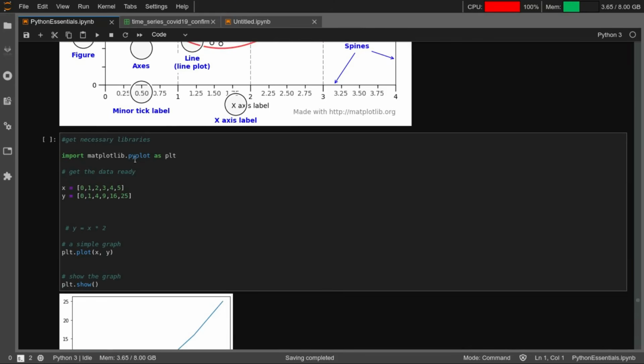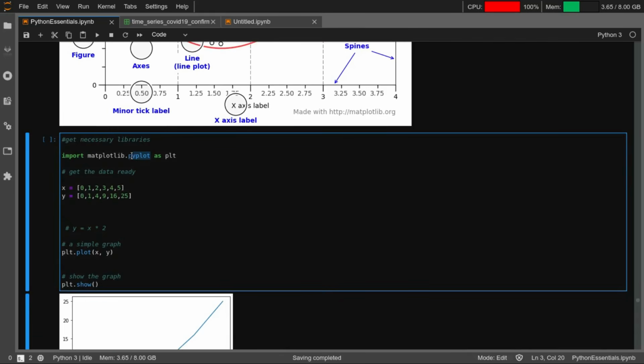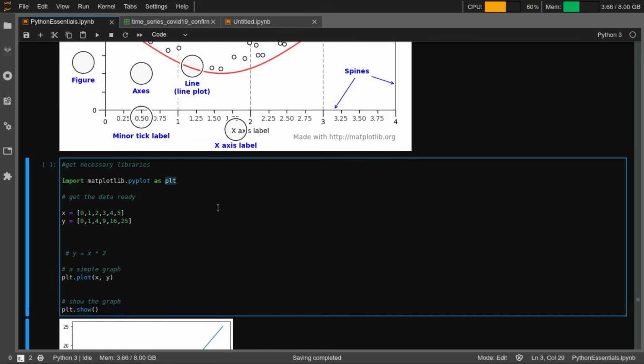The basic unit or class that you have to use while plotting is called pyplot. So you can import matplotlib.pyplot as plt. Now you can plot in matplotlib using normal lists, and it can digest numpy arrays as well.